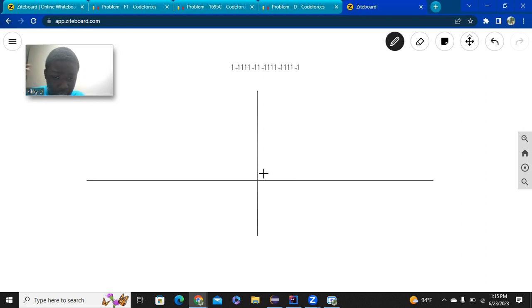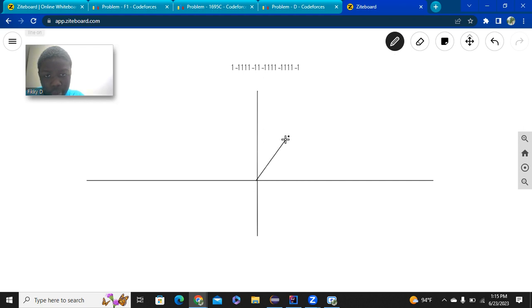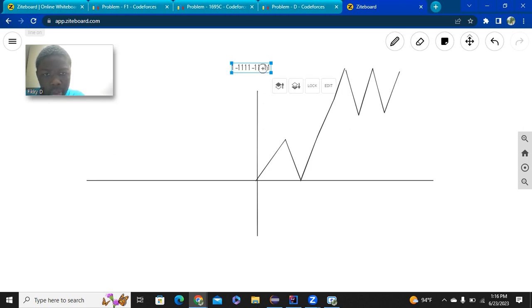And I stress this because if you were to plot this function, you go up by one, down by one. In fact, I'm going to make this shorter. Go up by one, down by one, up by one, up by one, up by one. We're going up by one 3 times. Down by one, up by one, down by one, up by one. And I sort of want to go down 5 times. That's okay with y'all.